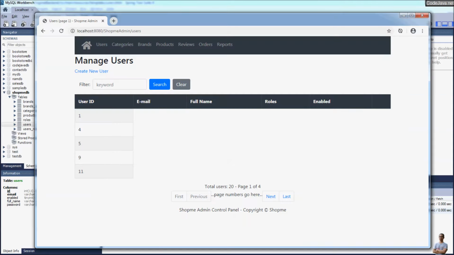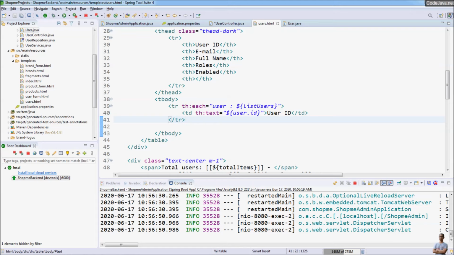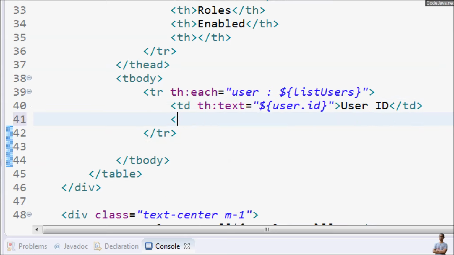And now let's update the code to display the value for email, full name, browse, and enable. So you can see using Thymeleaf iteration tags th:each, very simple and convenient. And the next table cell is for the email of the user. So we use this syntax th:text equal, and then user.email,